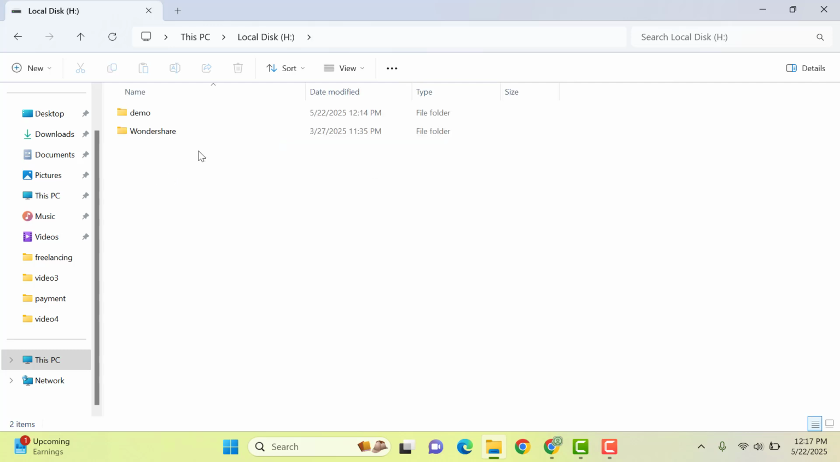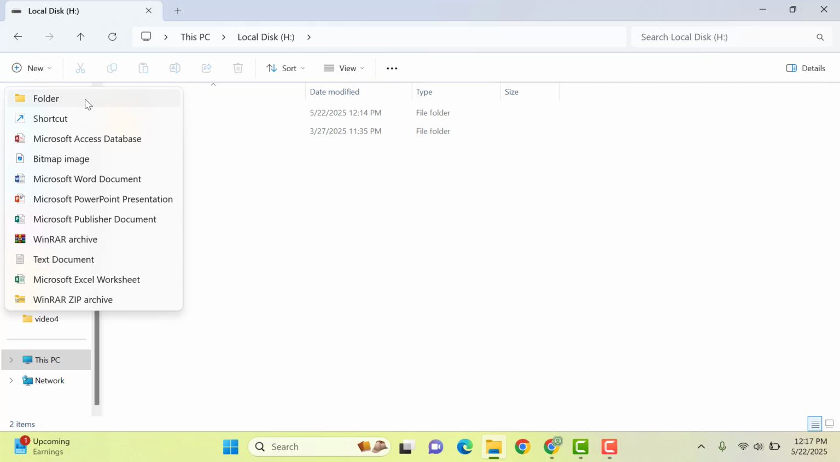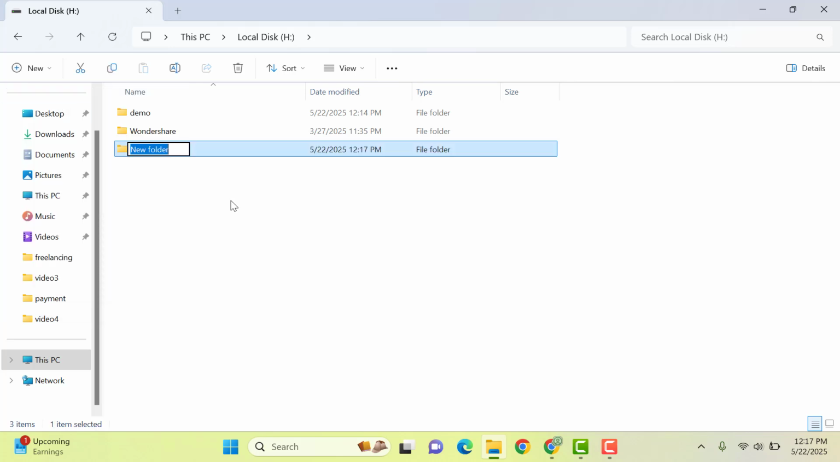Now if you want to add a new folder, you can go from here, and here you can see the first option. You can also add a new file like Notepad, Word document, Excel files, as well as zip files and Excel sheet. So if you want to add a new folder, you can give it a name,